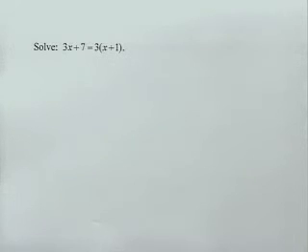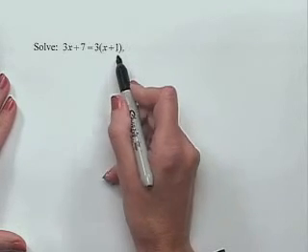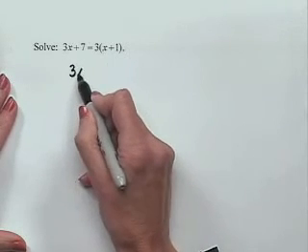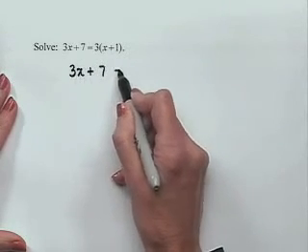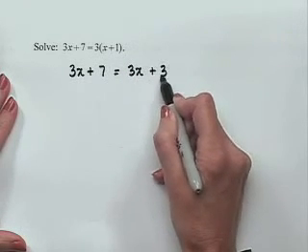Now let's look at another equation that we're asked to solve. This time the equation is 3x plus 7 equals 3 times the quantity x plus 1. Well, we notice on the right-hand side that we can use distributive law. We'll have 3x plus 7 on the left equals 3 times x plus 3 times 1, which is just 3